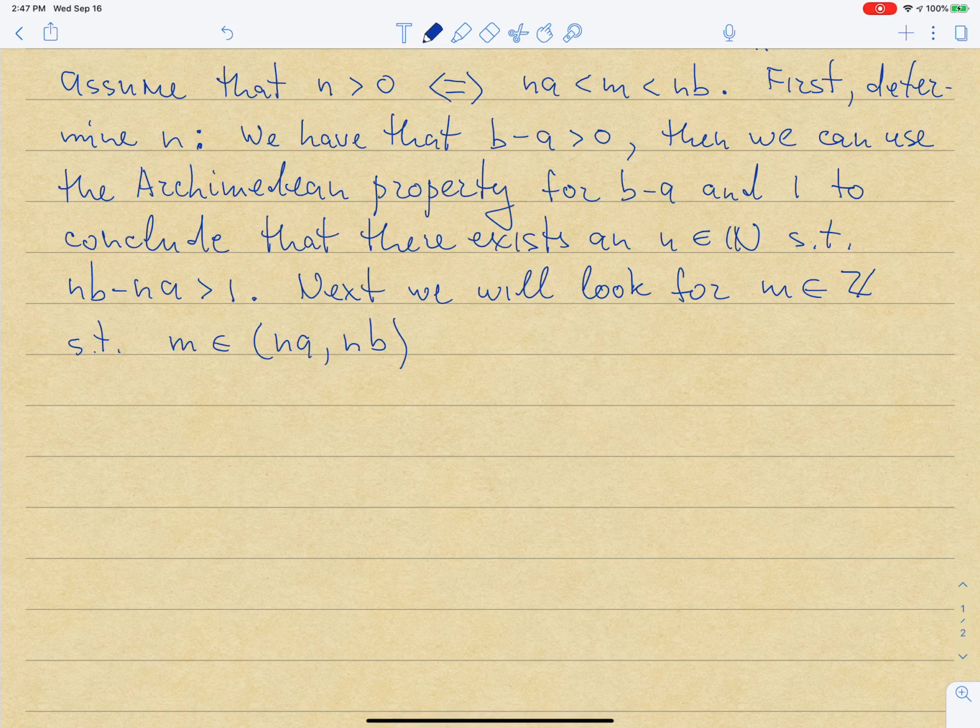Now again, the distance between na and nb is greater than 1,